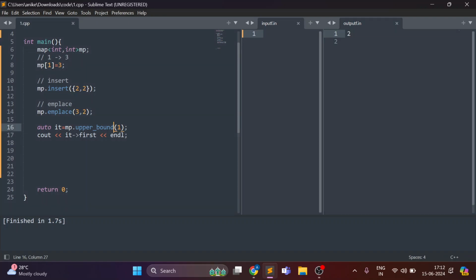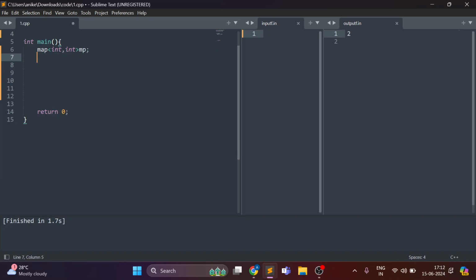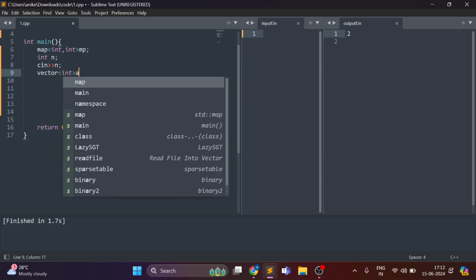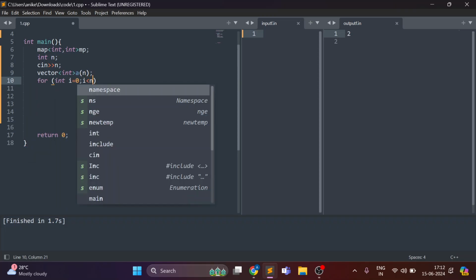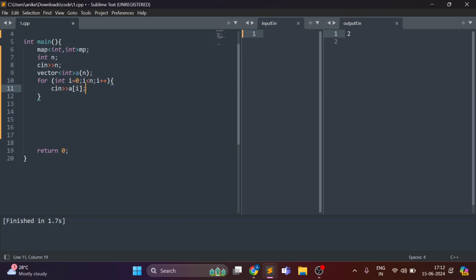Now what type of questions are asked on this? So we'll start with the most basic question. Let's say I have declared a vector, and I'm taking an array as input. Let's say that array is 1 2 2 3. Now what I need to do is print the frequency of all elements from 1 to n in this vector. Now what does frequency mean? How many times the